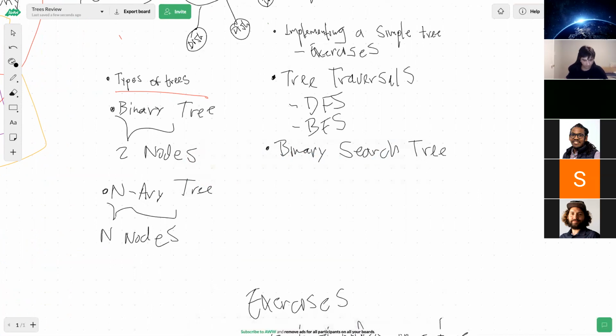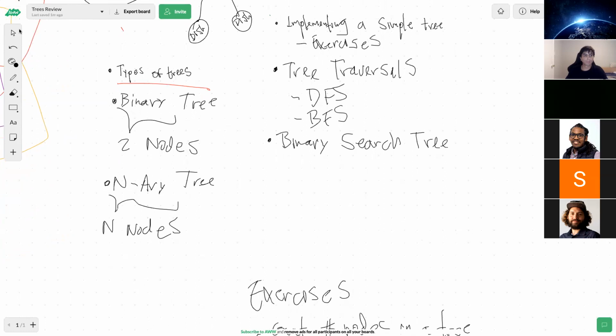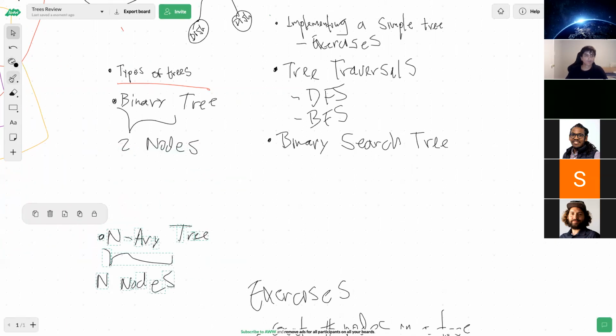On the lesson, it says under binary tree: binary search tree, and AVL tree, self-balancing. I guess those are the two types of binary trees. Thank you, I was looking for those. There's also heaps. That's correct. So in here we have binary search trees.